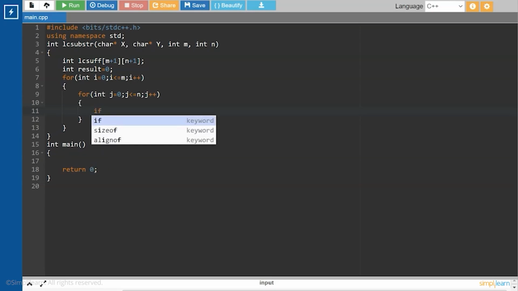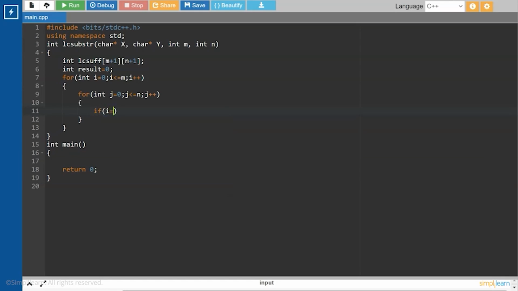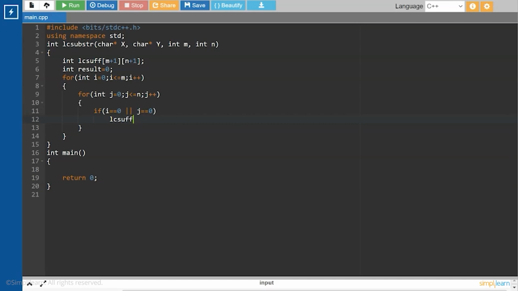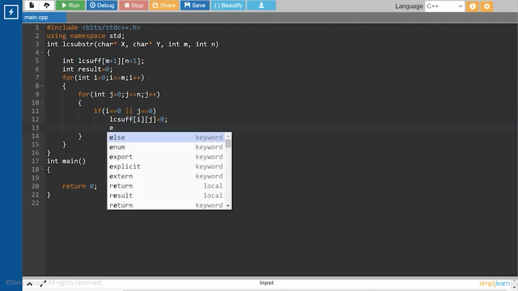So if i is equals to 0 or j is equals to 0, then lcsuf at i comma j will be equals to 0. Else